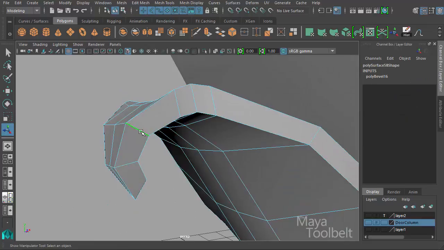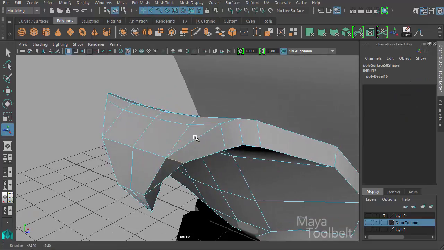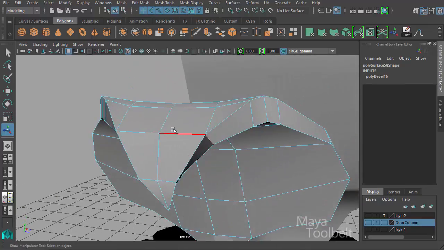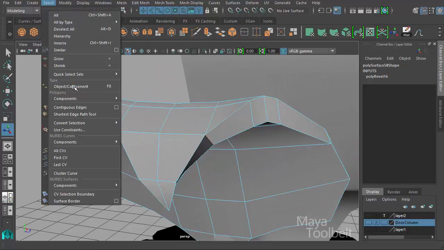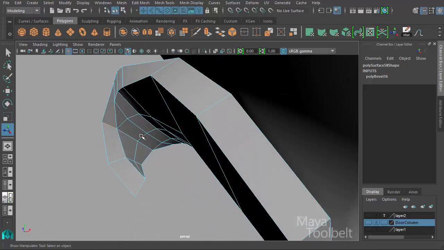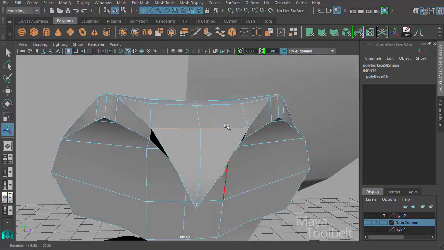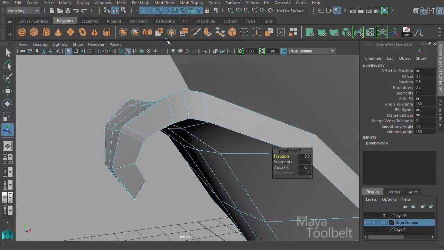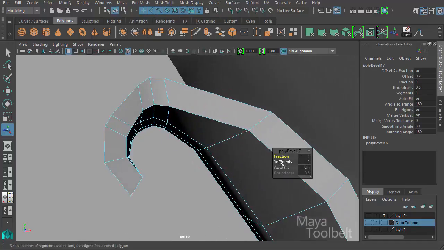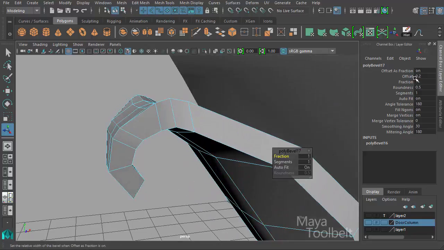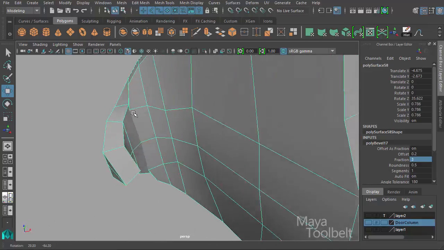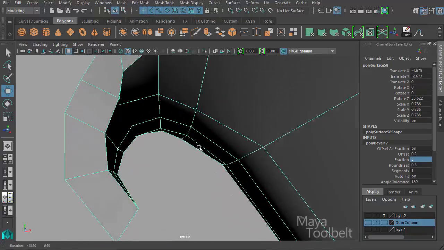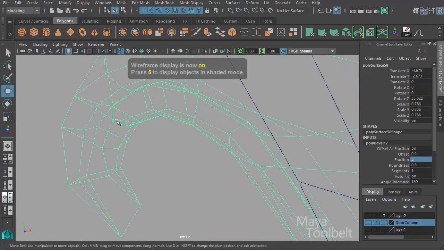Same here, double click this edge loop if it will let me. Sometimes the thresholds aren't quite there, so you can go to select contiguous edges and you can get most of it at that point. Okay, we've got this edge loop, so go to edit mesh, bevel. Something like this, and we can increase this fraction beyond 1. We can say like 1.5, and just getting some overlap in here with our geometry